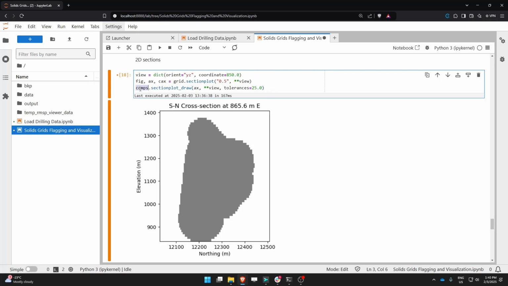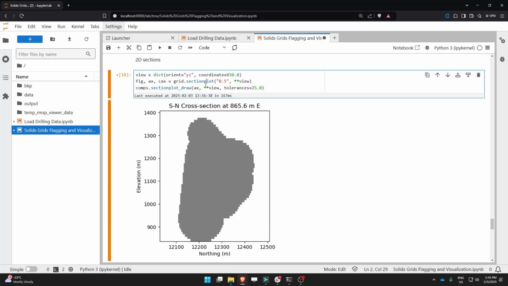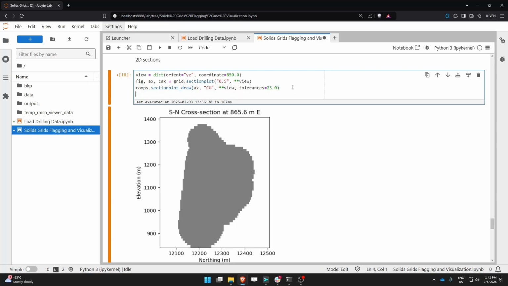The other thing that I want to specify for composites is the variable. My composite actually has a variable. The variable that is in this particular data set is copper. So I want to visualize copper. The next thing I want to add to this section is my topo. So let's do